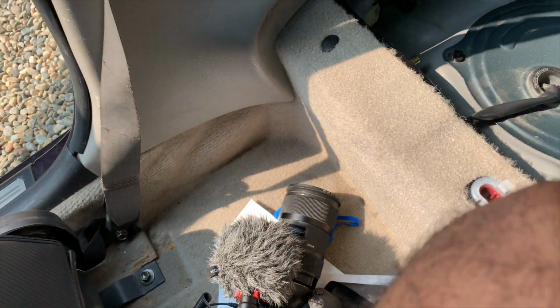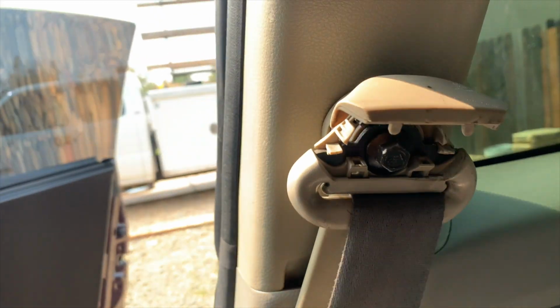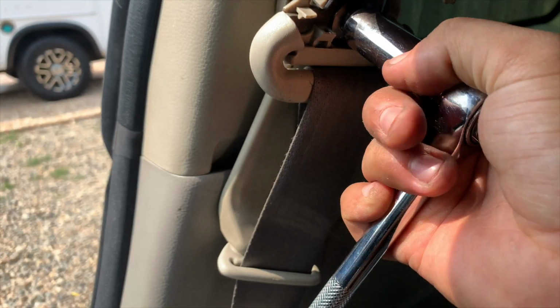All right, y'all, I'm gonna record with my phone. My camera's acting up again, dude. That's not a good sign. But basically this is a 14 millimeter. You grab one of these ratchets and you,